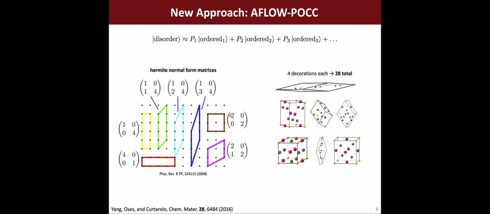I get 28 total ways that I can build structures that comply with the stoichiometry and the structure that was given by the primitive disordered structure. So there are 28 different decorations and different permutations of the structure. And POCC, the algorithm that we're discussing today, considers all of these decorations. It's important to mention that because there are some